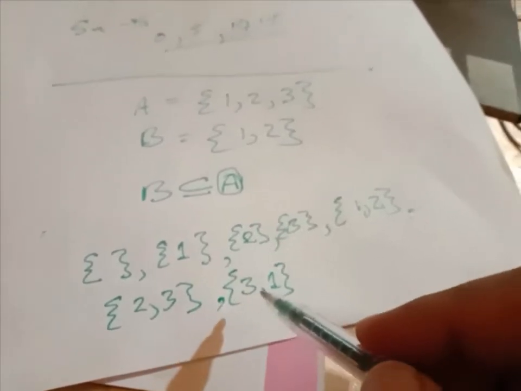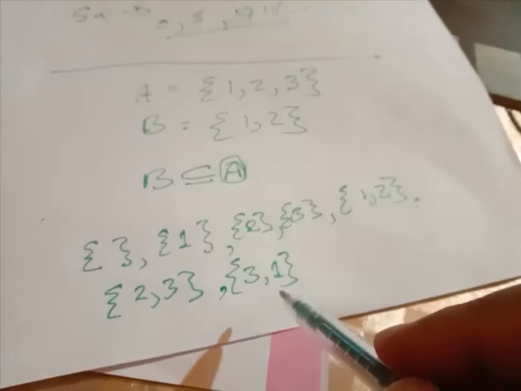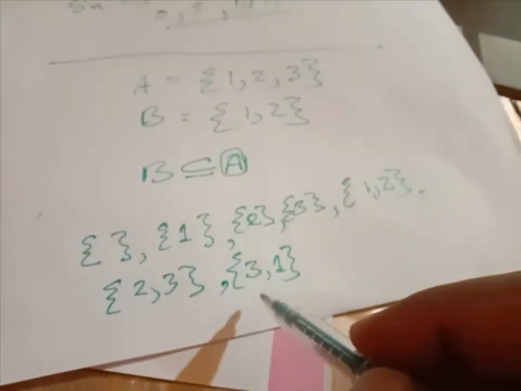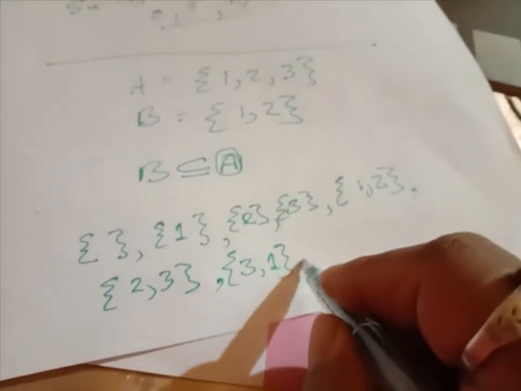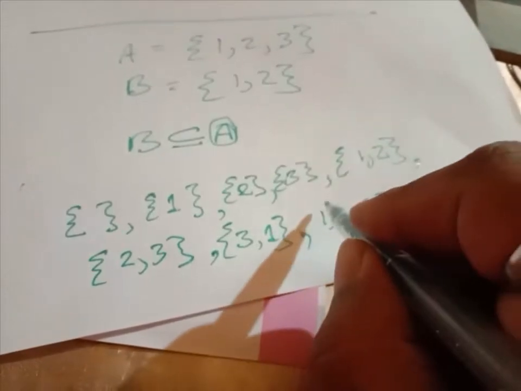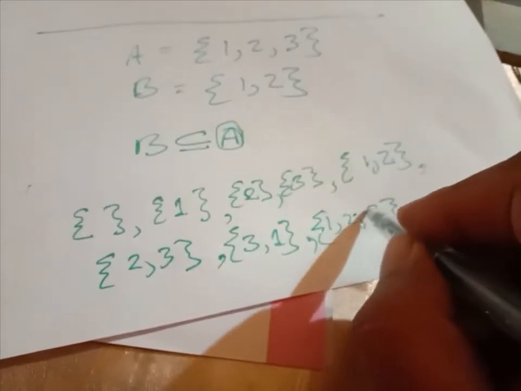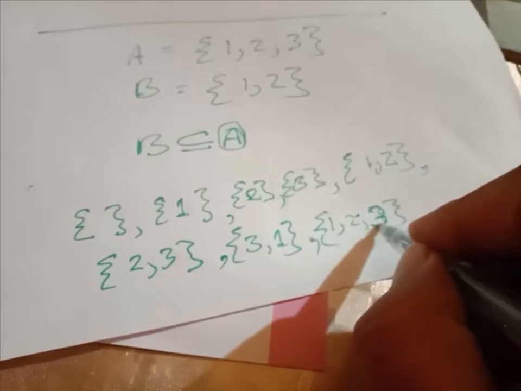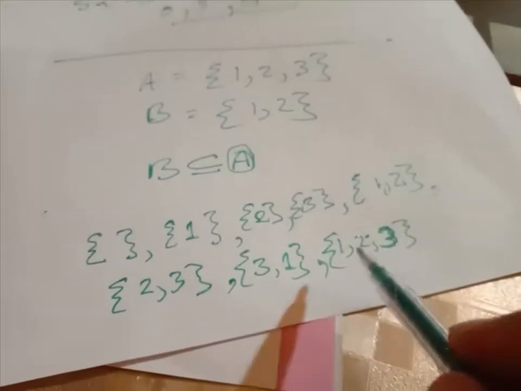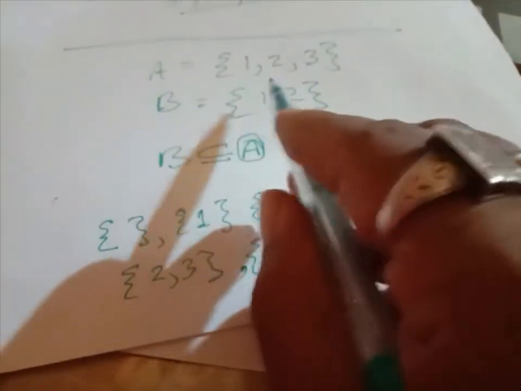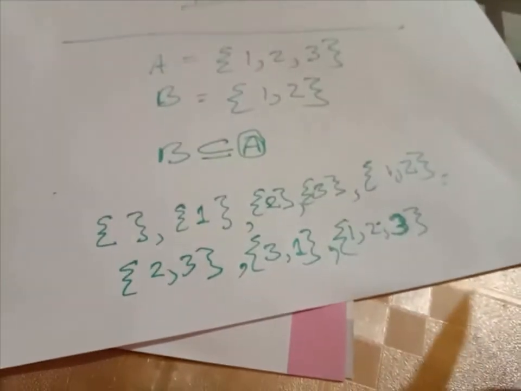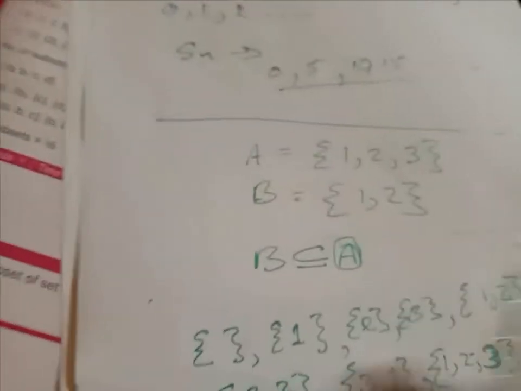The arrangement of the elements doesn't change the set. So these elements are also present here. So this is a subset of A. And again at the last 1, 2, 3. All the elements of this set are also present in set A. So this is also a subset of A. Okay, now here